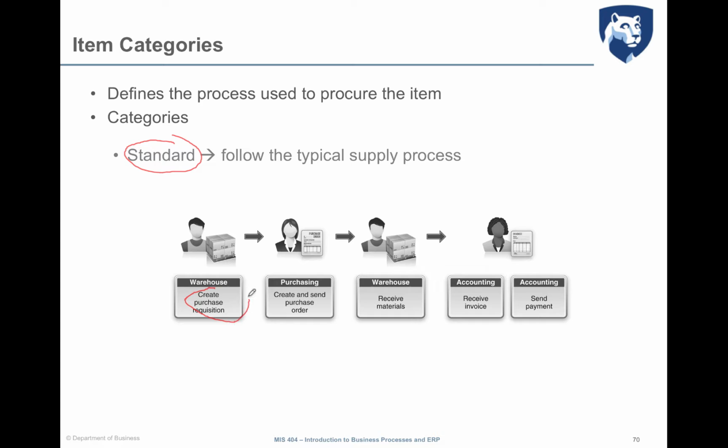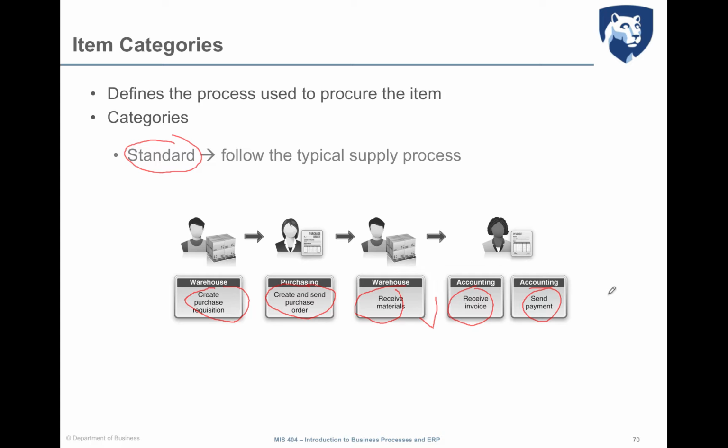So creation of a purchase requisition after a user need has shown up, then this requisition is transformed into the creation and sending of a purchase order to the vendor. Then materials are received. Then when the materials are checked as okay, we will receive an invoice and we will pay